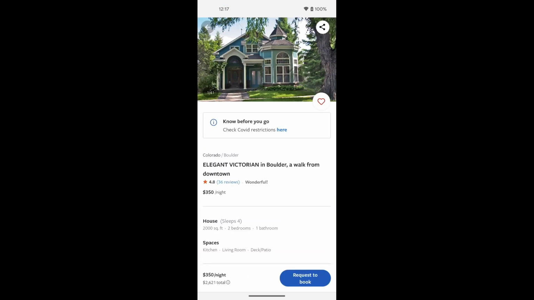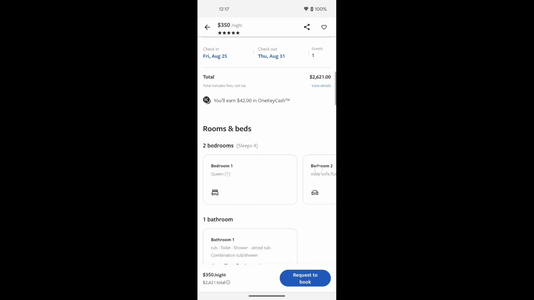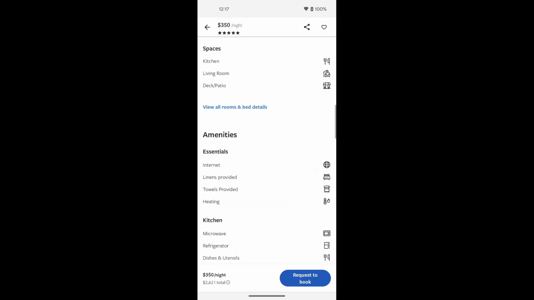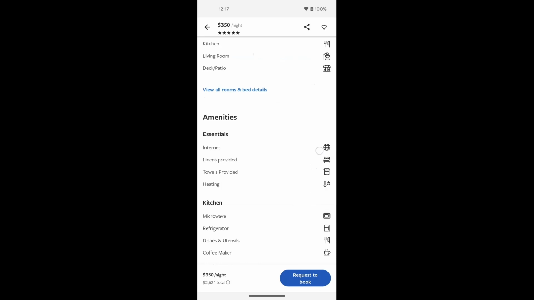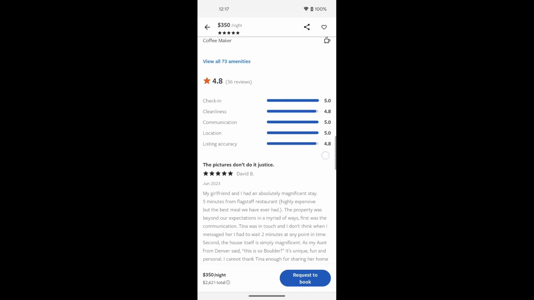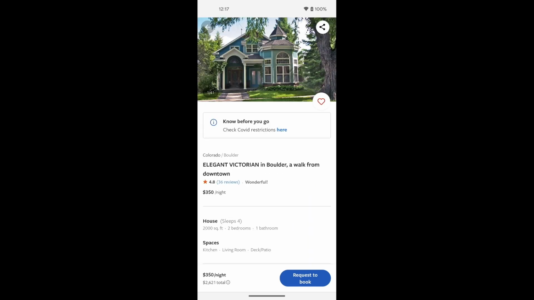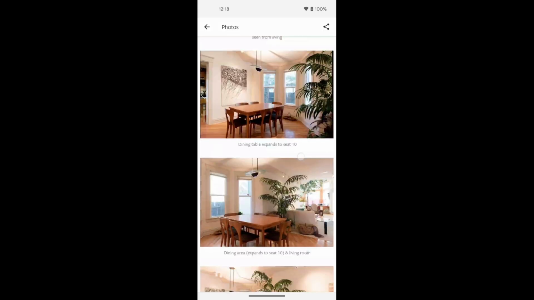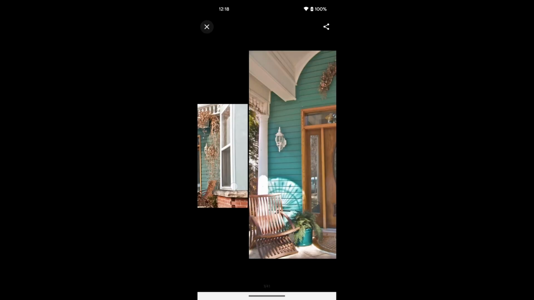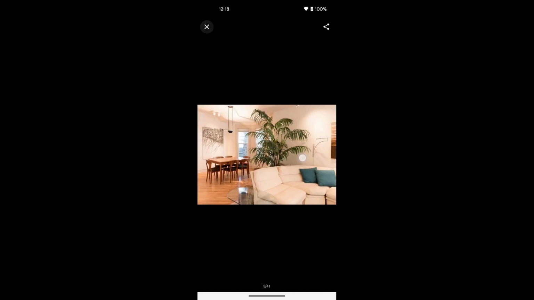So this one's a full house. Wow. And then you'll see some information about the beds, the bathrooms, the amenities. So they offer Wi-Fi, they offer heating, cooling, microwave. And if you would like to see photos, again you click on the first photo and you get a sort of photo gallery. Then you can again click on a photo and you can swipe through them to see some information and some different photos.